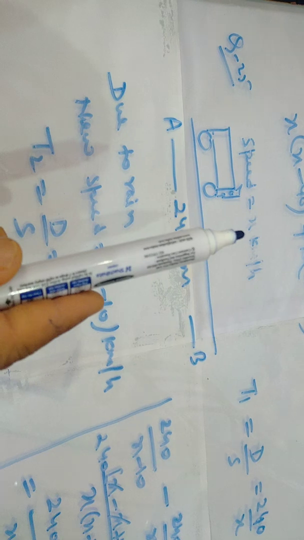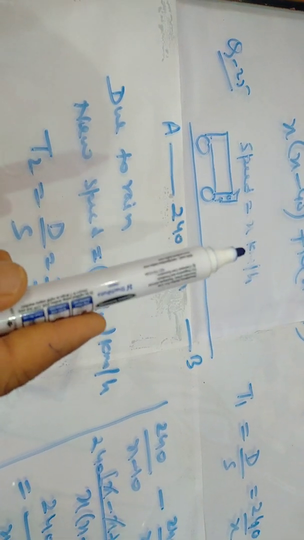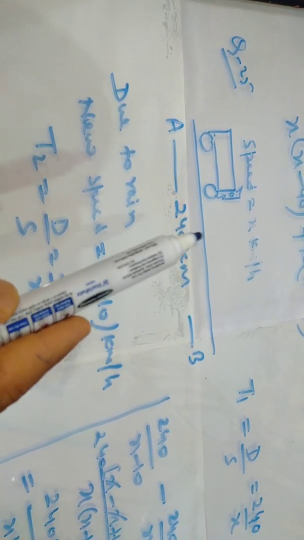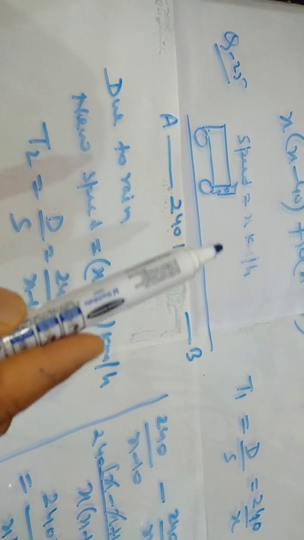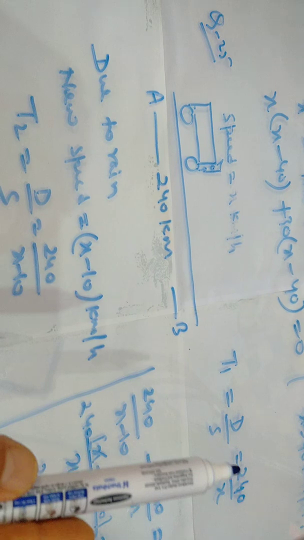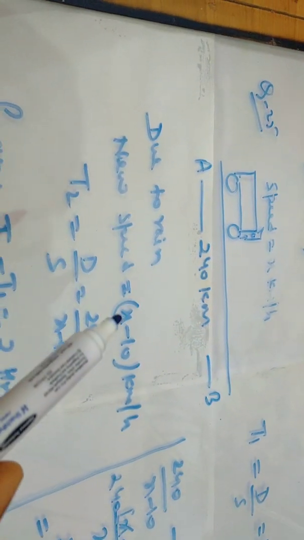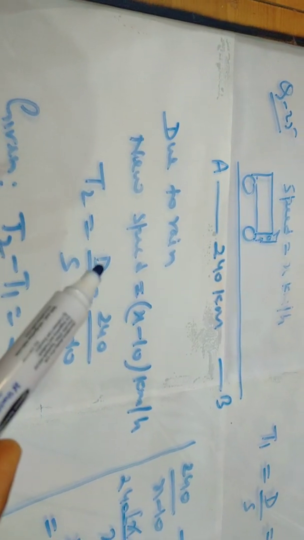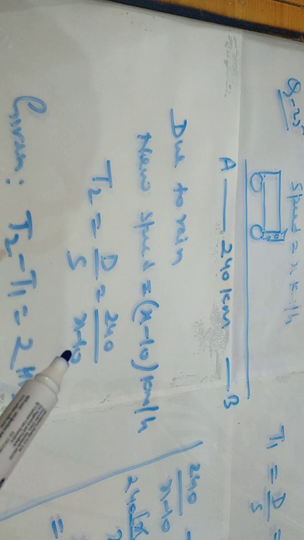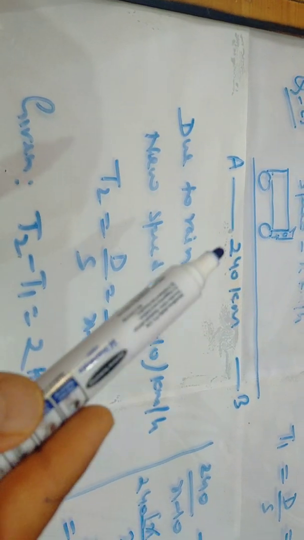This is your answer. So what was the question? The question was like this: the bus has to cover 240 km with the speed x km per hour. That I have assumed, and it is given in the question also. So time is distance upon speed, 240 upon x, it has come. Due to rain, the new speed has become x minus 10 because the speed has decreased. Due to this, more time has been taken. So time is distance upon speed, 240 upon x minus 10, because it has to go the same distance.